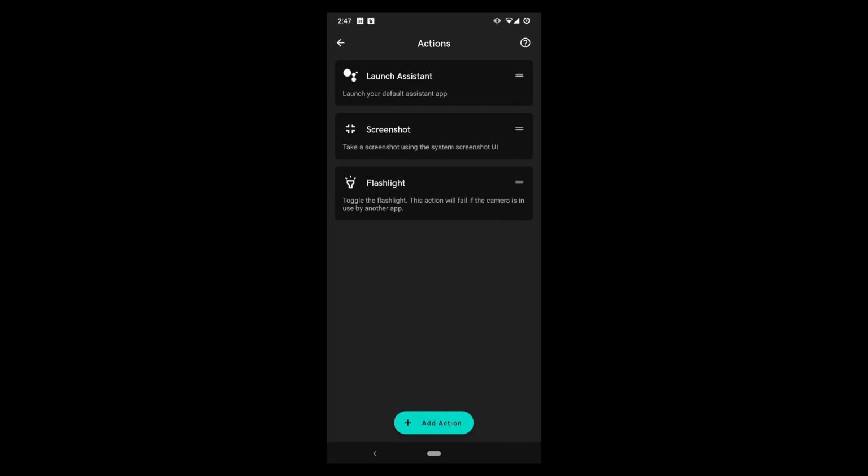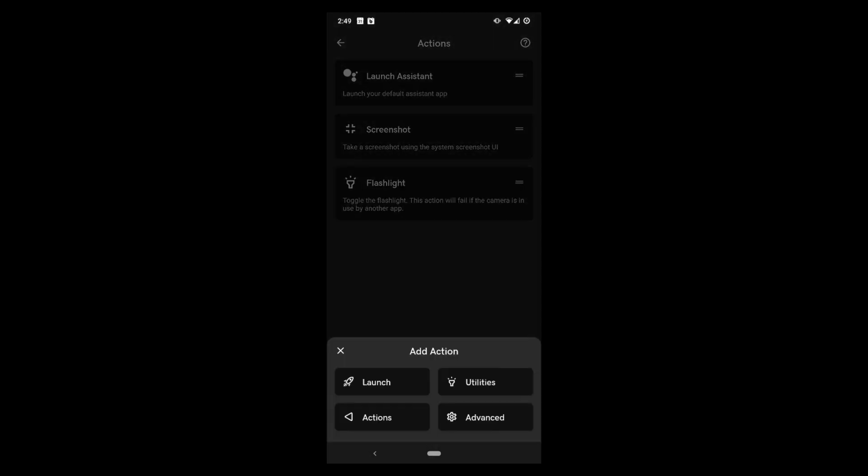In this screen, you can add multiple actions, but remember, the actions are prioritized and the app runs the topmost action. That is, if the top action fails, then the next action would be executed. Here, if the launch assistant is failed, then the screenshot action would be executed on the device. Actions can be configured to take a screenshot, toggle the flashlight, mimicking button taps, etc. Configure actions as per your liking and give them a try.